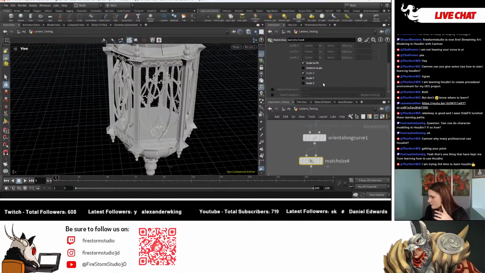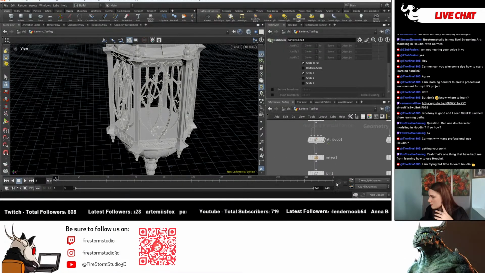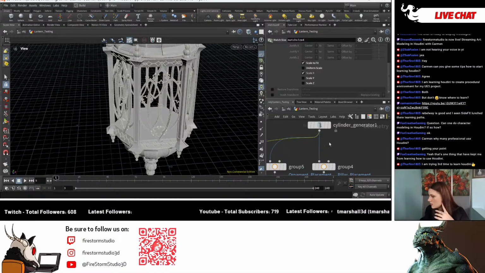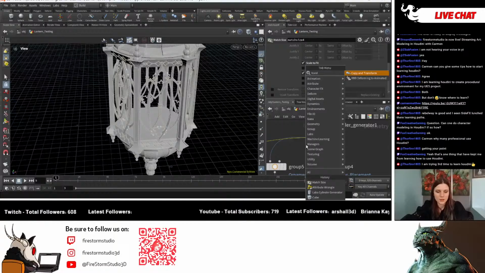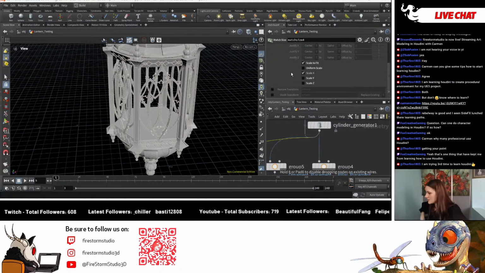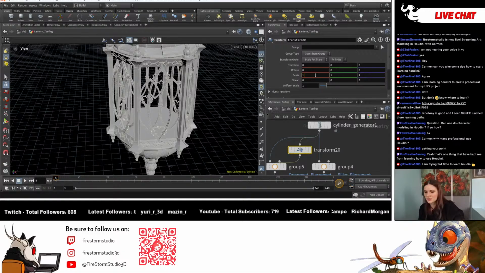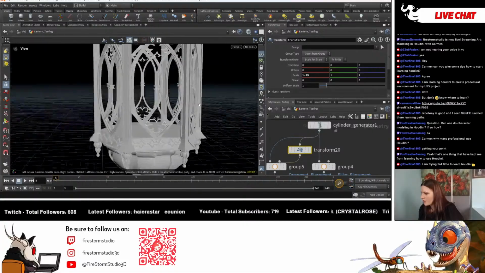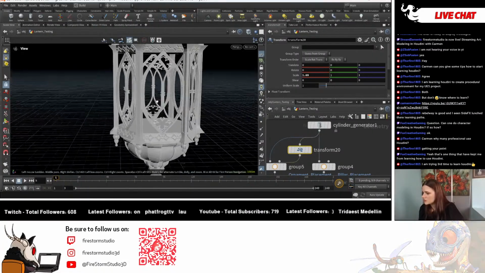So, what if we scale this thing? Let's add a transform here. I am making a very messy network here, but anyway, let's just get it working. We can always refine it later. So that's going to be a transform, and then that scale is going to be by that much. Right. But then the big question is,